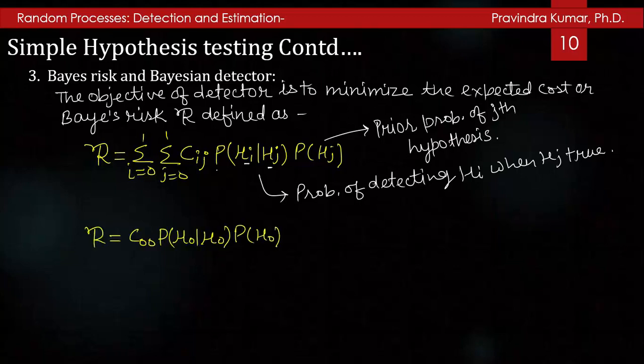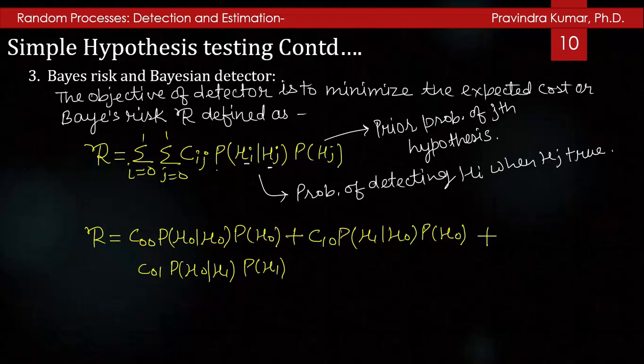So I can write the Bayes risk as R is equal to C00 P(H0|H0) P(H0) plus C10 P(H1|H0) P(H0) plus C01 P(H0|H1) P(H1) plus C11 P(H1|H1)